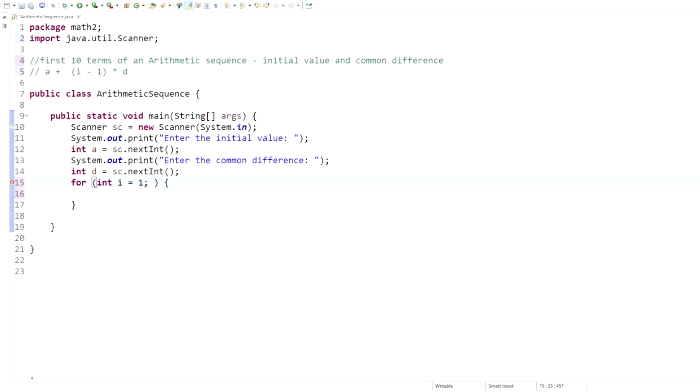With our second statement, this is our condition. This loop will continue as long as I is less than or equal to 10, because we stated that for this program, we will display the first 10 terms of an arithmetic sequence. With our third statement, we will increment our counter I by 1